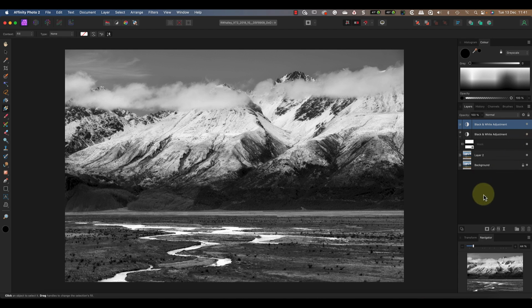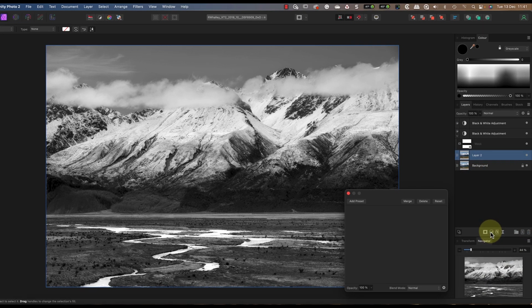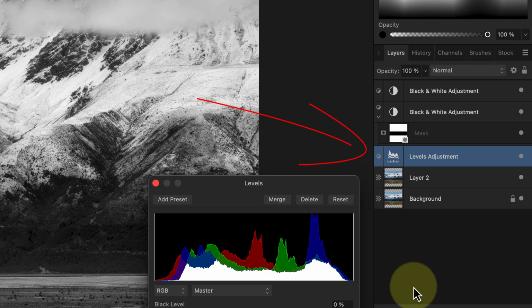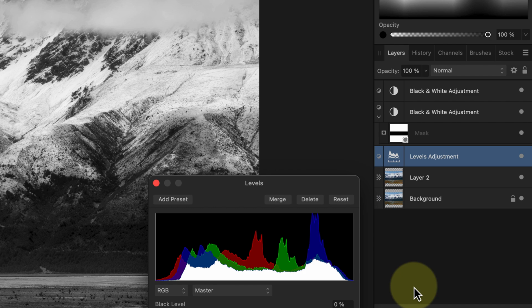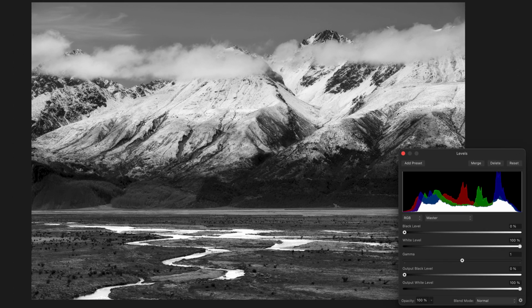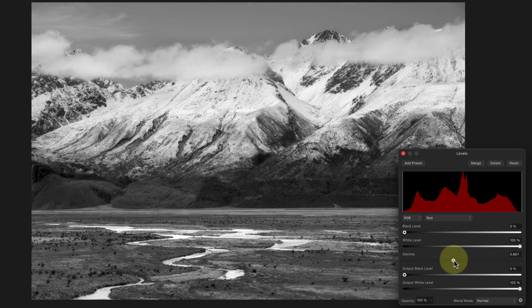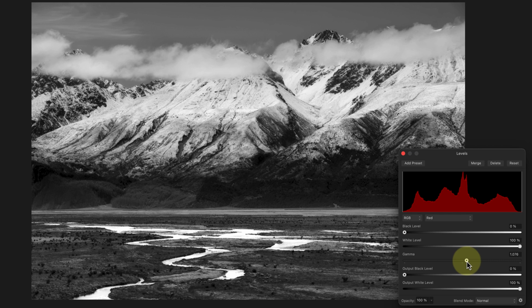Now for another technique I use with these layers, which can further enhance the conversion. I'm going to do this by adding a levels adjustment just below the 2 black and white conversion layers. It's important that this is below the black and white layers because we want to use it to alter the hues in the colour image. In the Levels dialog, I'm now going to select each of the 3 colour channels in turn, starting with the red. Then I can move the gamma slider left and right to see how it affects the black and white image before picking the best.